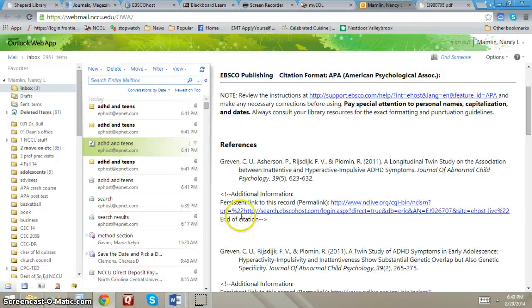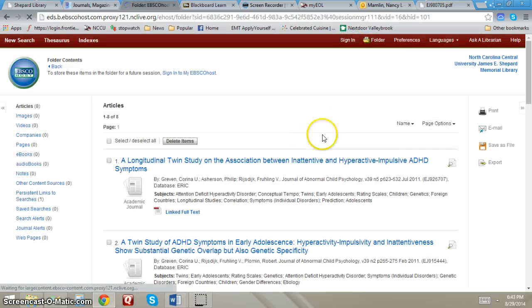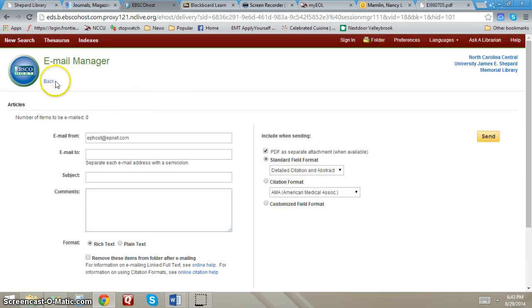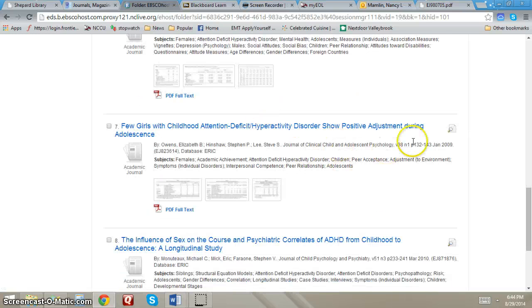That is how you're going to do the ERIC search, and I hope you have a good, successful time doing this. And let me see if I can go back to the results list. I can't. Yeah, back there. So here's more results. If you didn't find what you needed in your first search, you might need to do a second search. So don't worry about that. You'll just have another list of other things you're going to be doing. That is all for now. If you have any